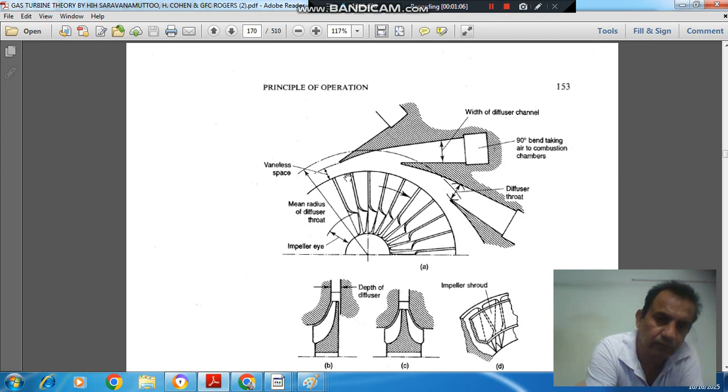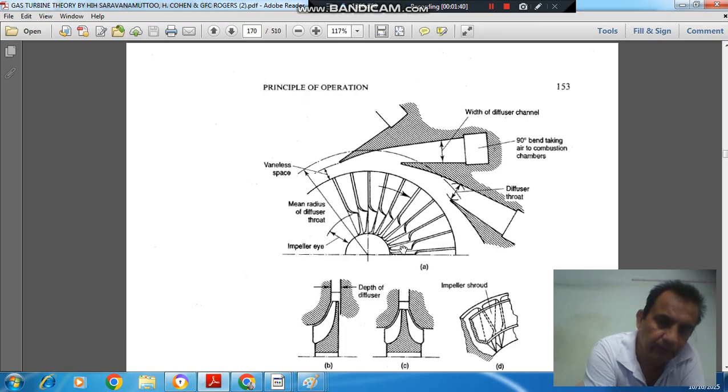Then the air flow rate in meter cube per second is area into CR2, and if we multiply it by density, we get the mass flow rate, and the mass flow rate is given. Now we don't have CR2 here, we also don't have this axial depth, and we don't have the density either. So what we will do is first find this CR2.